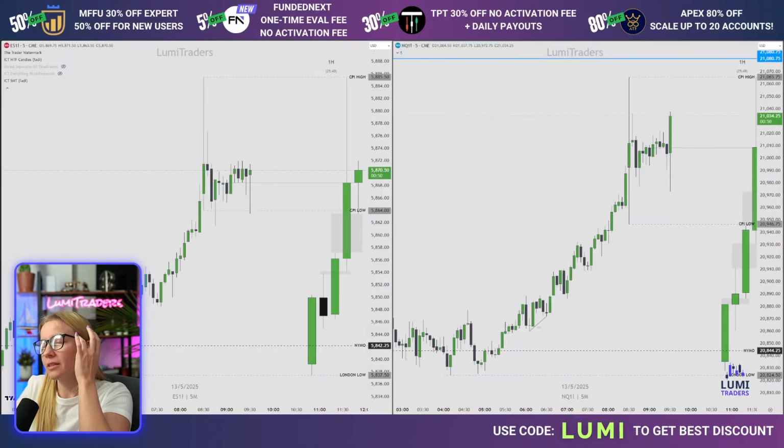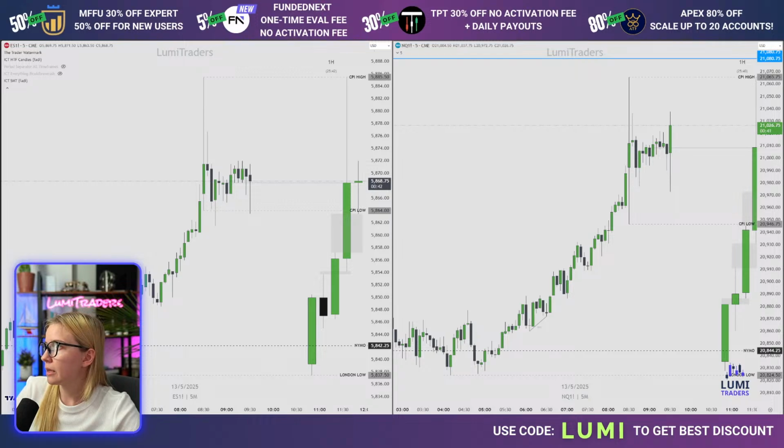Right now I'm going to wait for 10 a.m. So at this point, it will create a new 4-hour candle, a new hourly candle. We're still inside the CPI candle, the 15-minute candle. Nothing significant happened. Surprised to see, I just noticed this by the way, that the CPI low was taken on ES. So we have SMT between ES and Q so far.